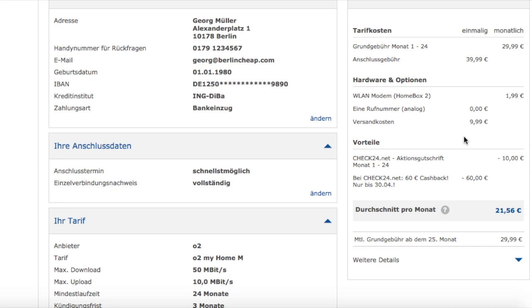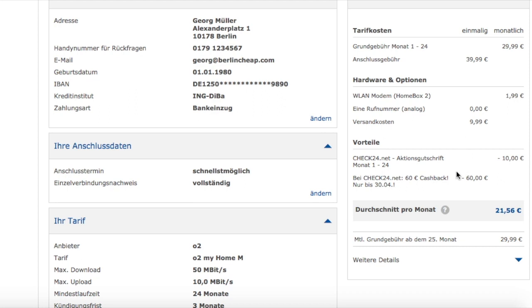And you prove that by sending an email to Check24 with your first invoice. So the first bill that you get from O2, you need to send to Check24. I've added the email address in the description. And so once you've sent that first invoice from O2 to Check24, then Check24 will pay you the €60 out to your bank account.